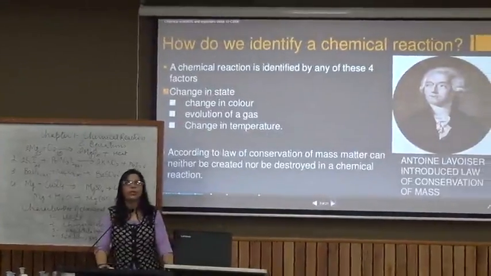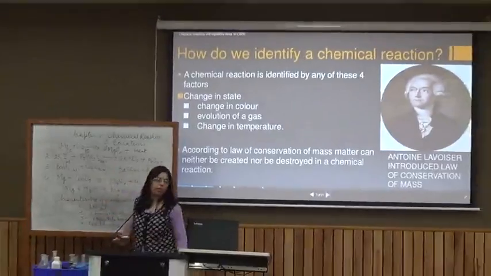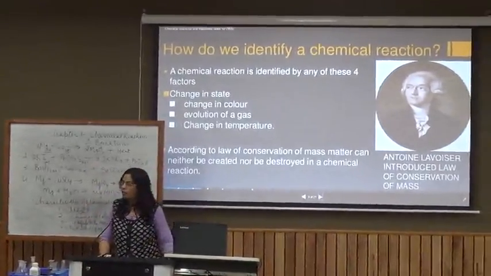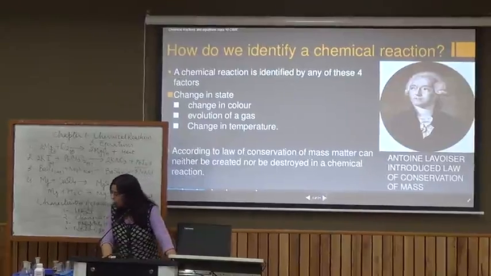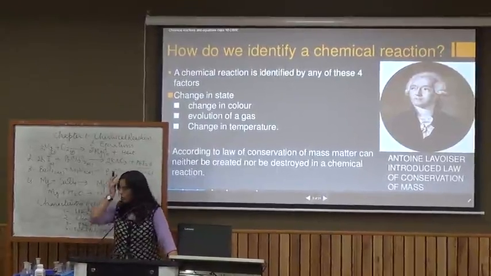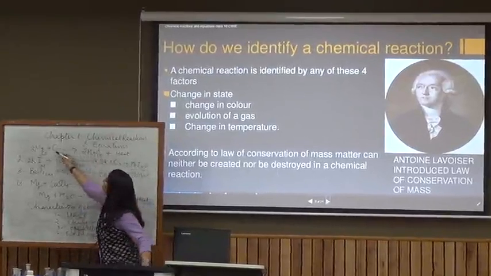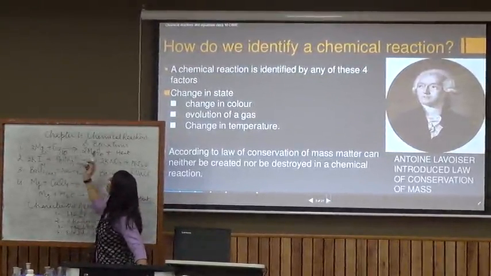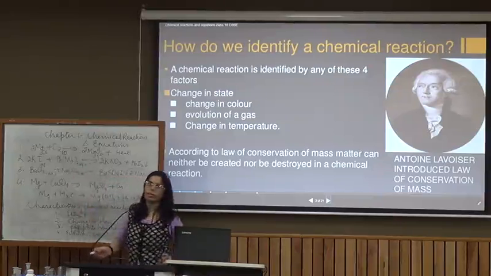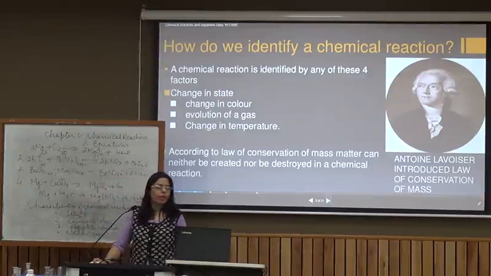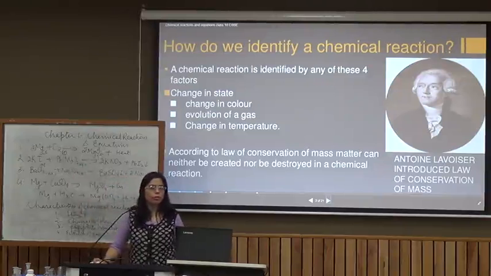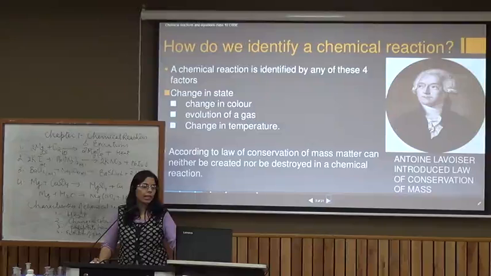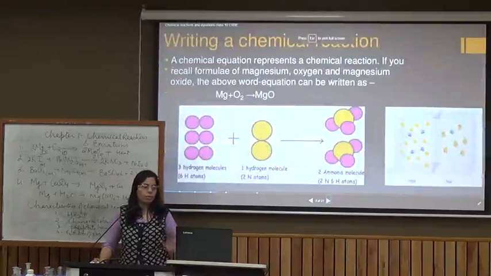So how do we identify a chemical reaction? We've just learnt about it, that there are changes, the change in state of a matter could be there. So when you notice that oxygen was utilized in the reaction of magnesium metal with air, then oxygen did change its state. It was no more in the gas in the products. There is change in color, evolution of a gas, change in temperature. These are a few of the characteristics of chemical reactions.